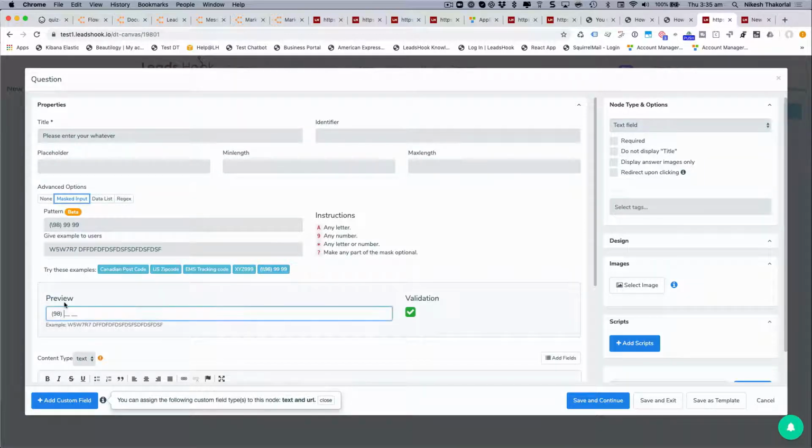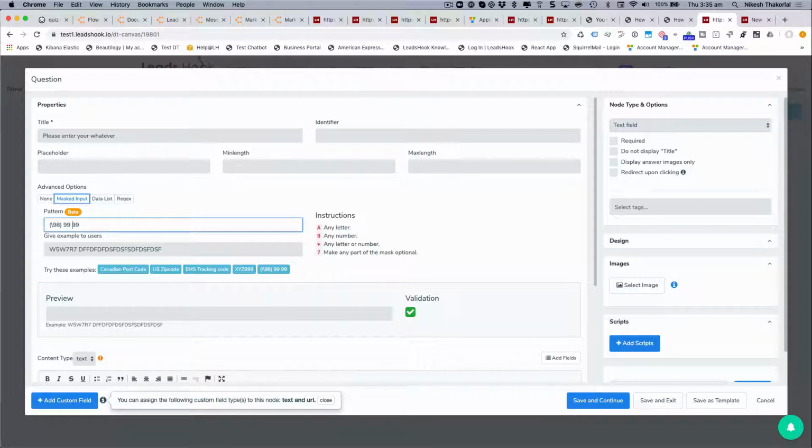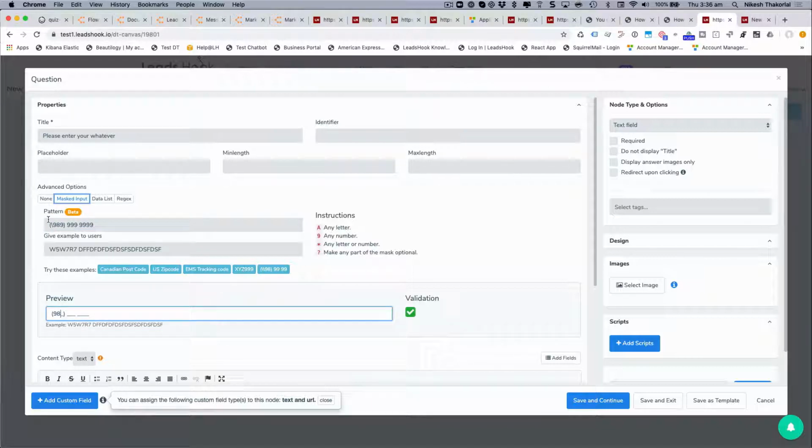This one is going to be a number, which allows you to go ahead and enter the number. So you could maybe possibly have it as a phone number, something like that. 1, 2, 3. Oops. And then if you want a postcode, then you can do that, right? So if I go to preview, it'll give me